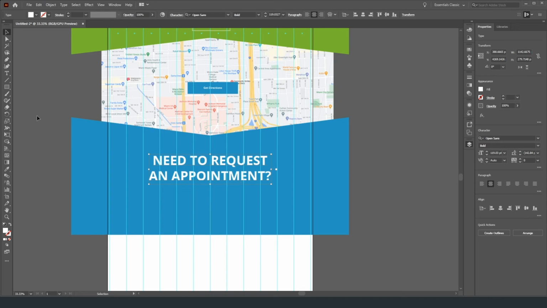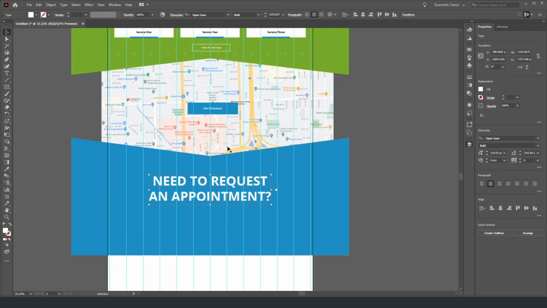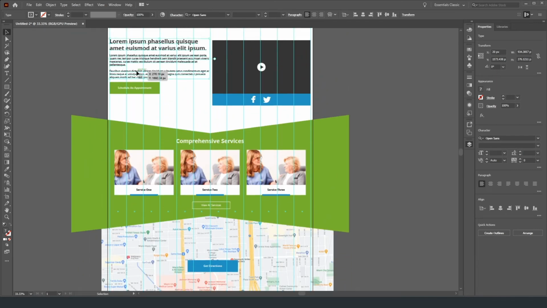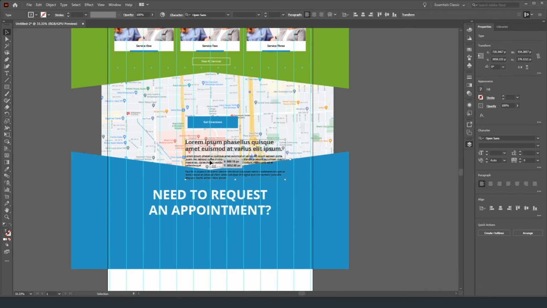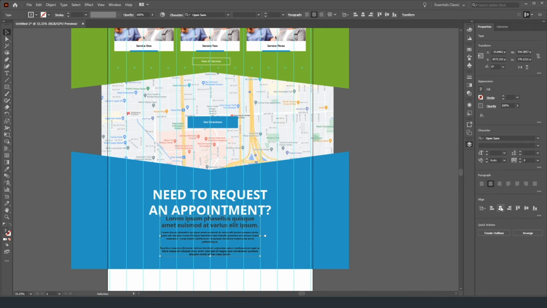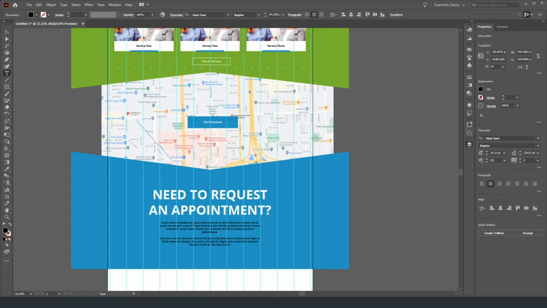Alright, so now they have this need to request an appointment section, which is going to be visible on all of their pages, because it's going to be part of the footer CTA. So let's add some text into it as well, and we're going to center this, center that, get rid of this header text because we don't need that, and it's going to be very short text where it's just displaying some phone numbers and stuff like that. So let's say we want to make it say call 1-800-000-0000 to make an appointment today, or use our online form. Let's see, online request form to, okay, let's do